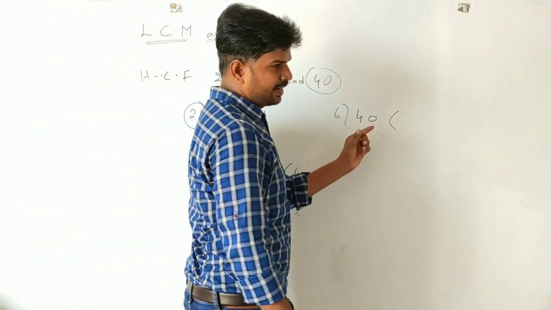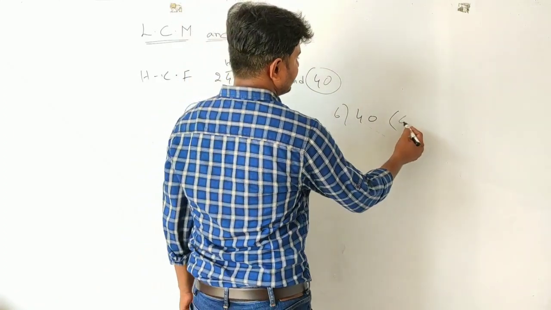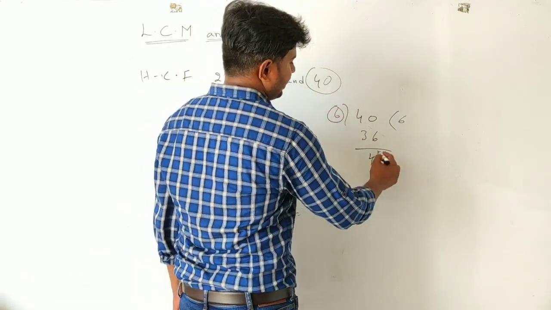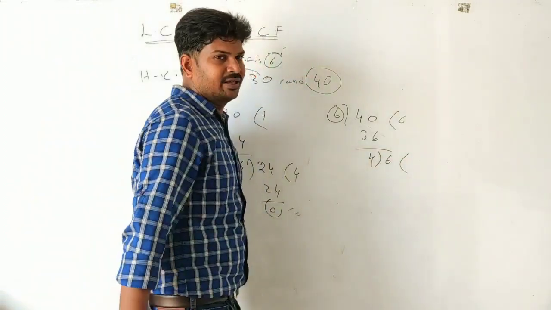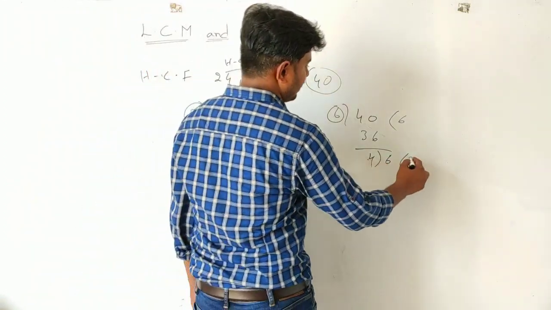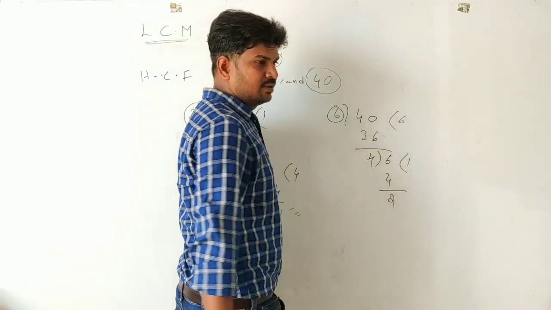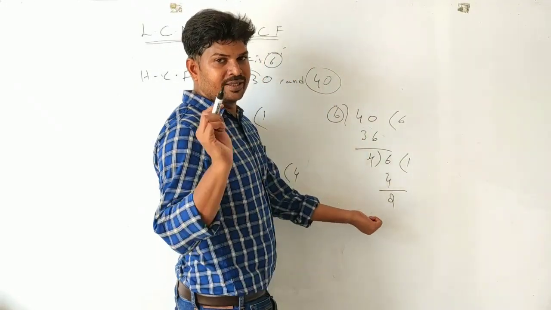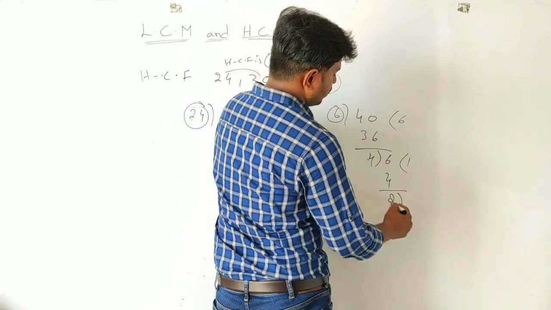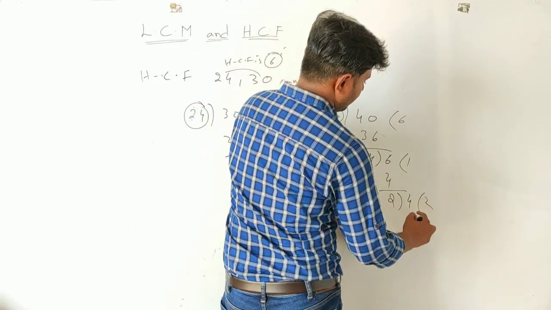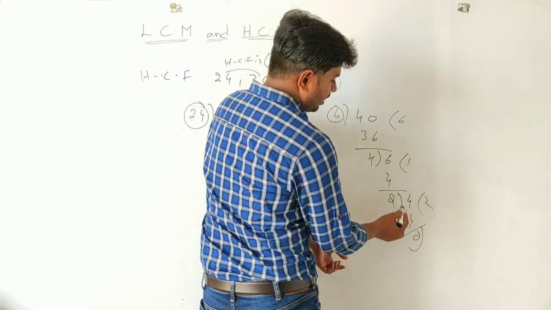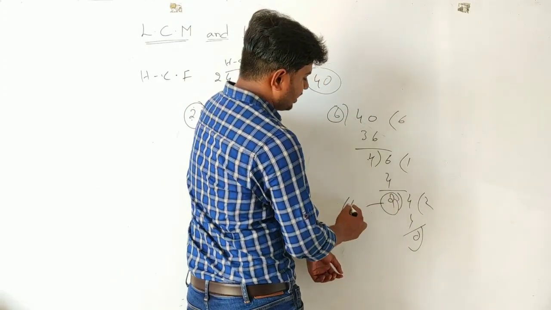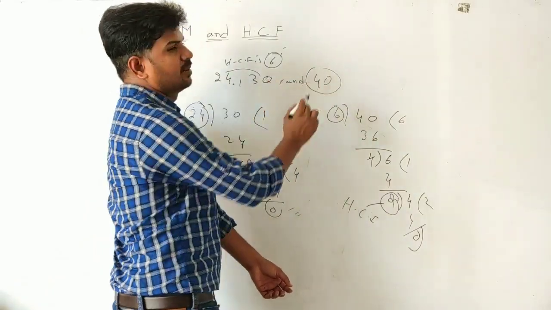For these two again we are finding the HCF. This is 6 6s are 36. You got remainder 4, and copy this divisor again here as the dividend because you didn't get remainder 0. So 4 1s are 4, again you got remainder 2. So you have to repeat this process until you get remainder 0. That is the method. So here 2, copy this 4 here again, 2 2s are 4, now you got remainder 0. So the last divisor which makes the remainder 0 is nothing but the HCF for all these 3 numbers.